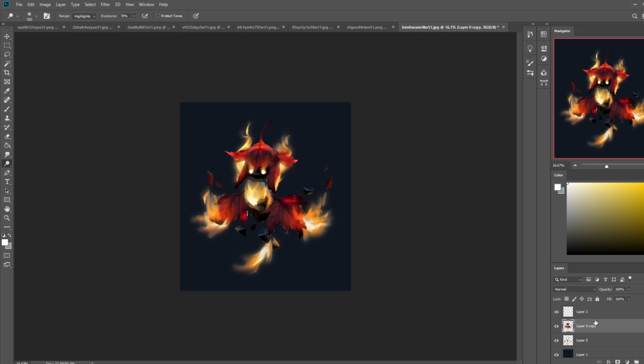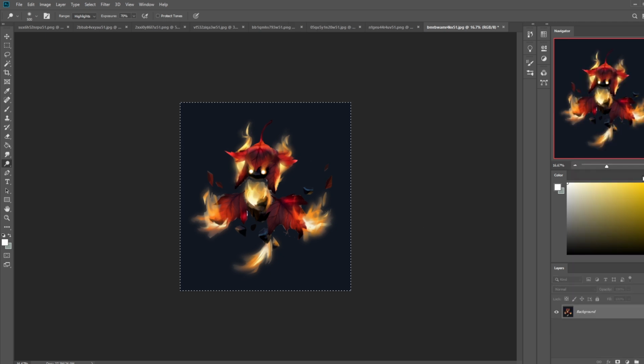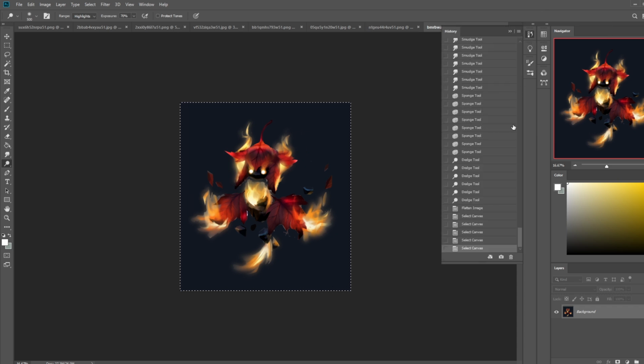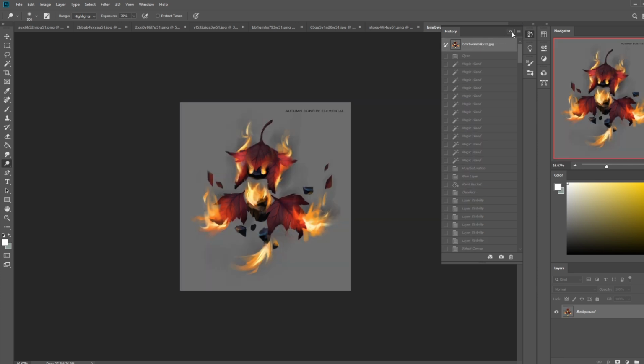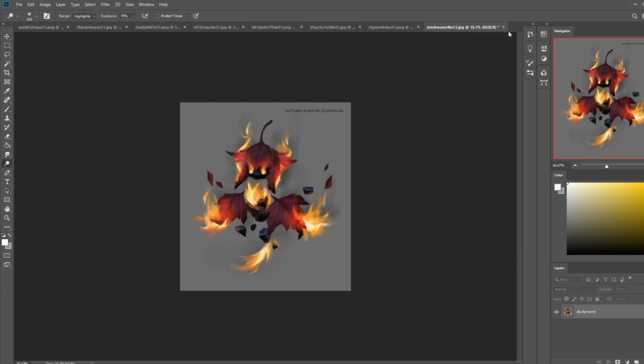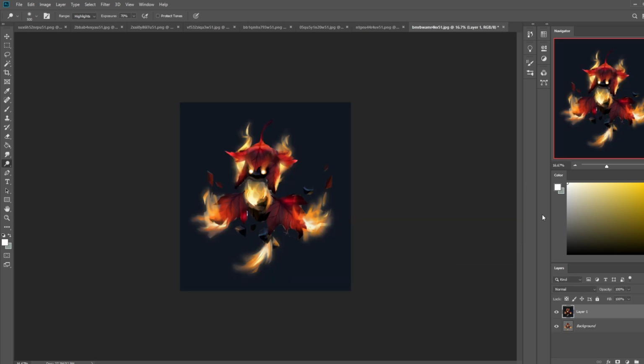Okay, so flatten. Select all. Cute creature, I love it. Before, a little bit plain. Doesn't really feel lit, doesn't really feel like combustion. After, much better environment color.